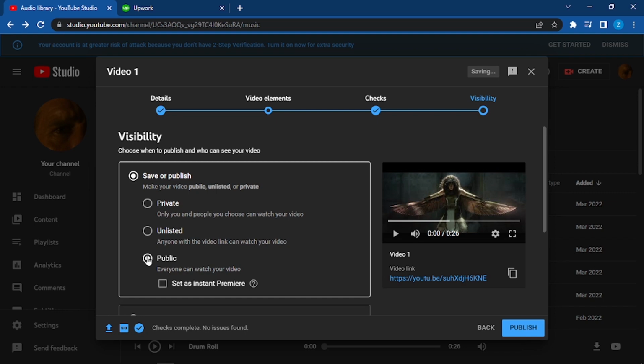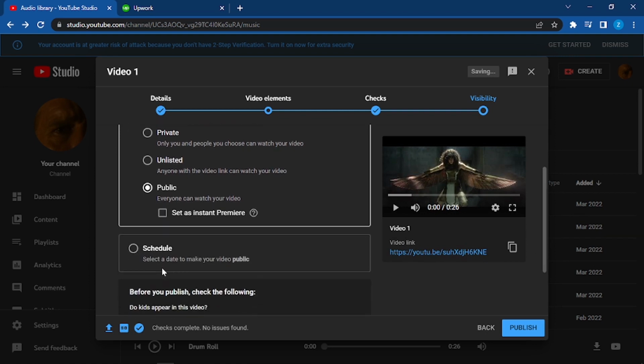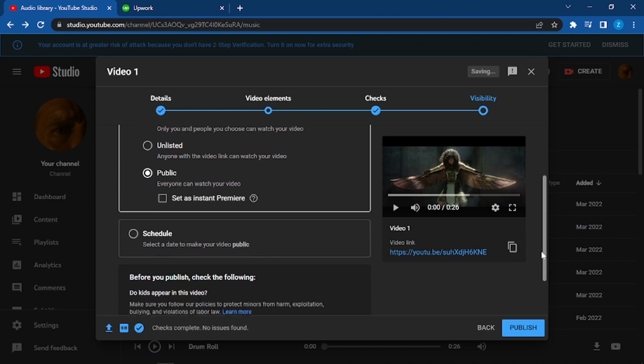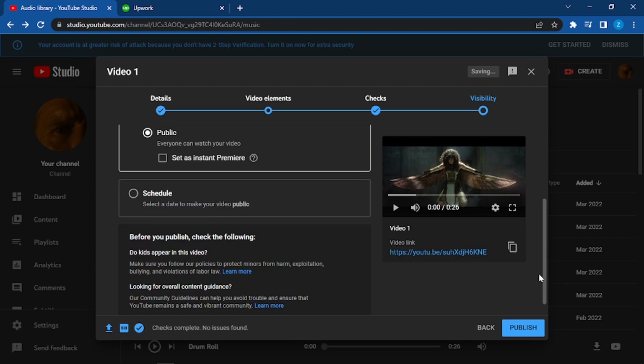Click on public. If you want to keep an instant premiere for your video, then click on premiere, so that your subscribers will be notified about the premiere when your video is about to get published. Scroll down, here you can schedule your date, if you want your viewers to be notified at the certain time that you